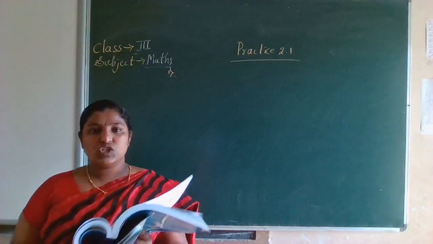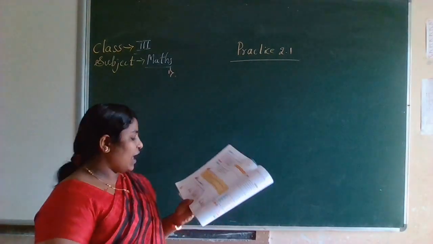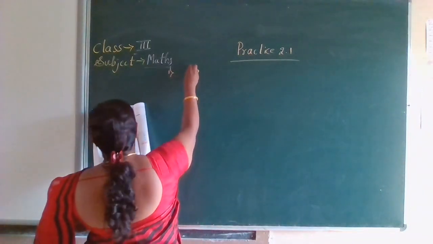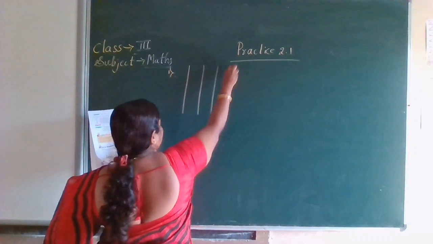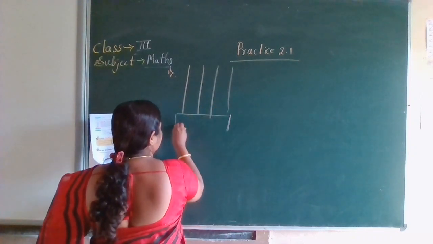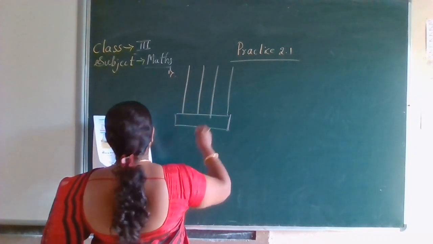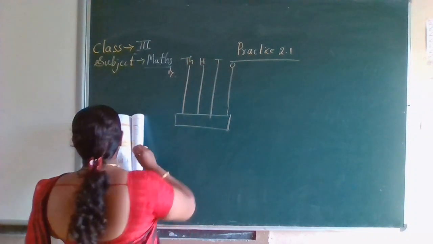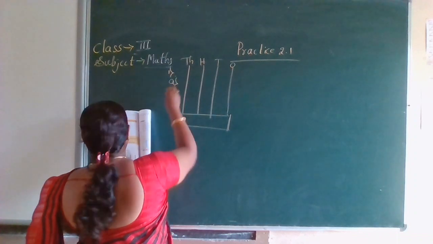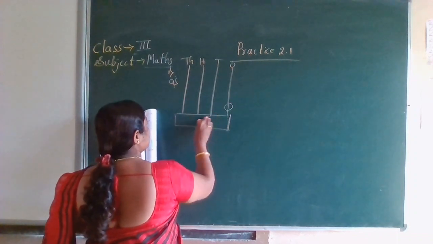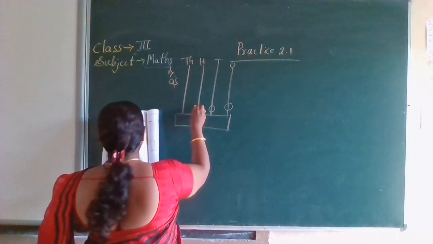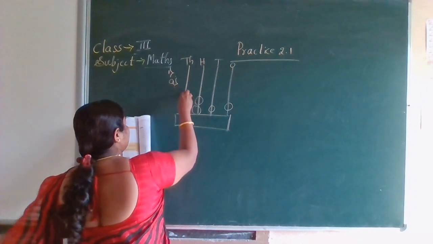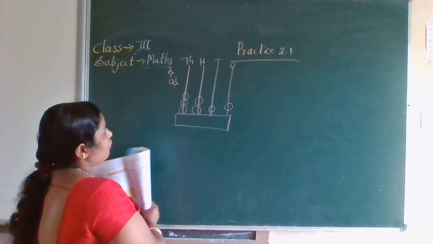represented by each abacus. So they have given some abacus pictures also. We have to write numerals. These are called spikes. Ones, tens, hundreds, and this is thousands. First, this is A. In the first picture, 1 unit. This is also 1. Here 2. Here 3. So what do we have to write?